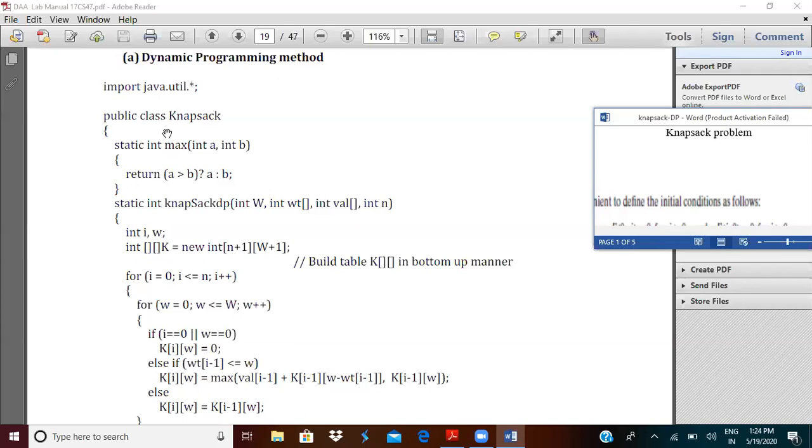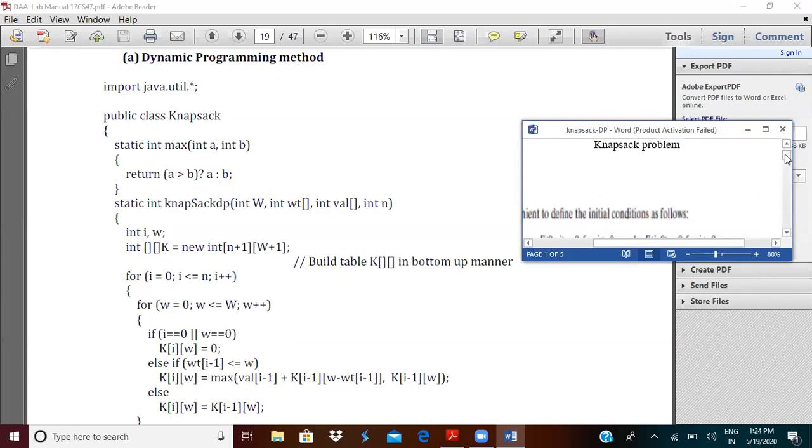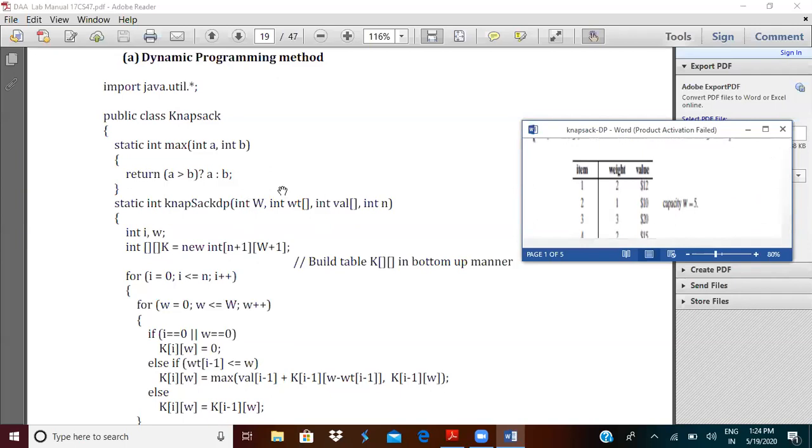Now you can see the Knapsack class contains two static methods, static int max and static int knapsack. Here parameters will be passed, and capital W is the maximum capacity of the knapsack. int wt is this array, 2, 1, 3, 2.